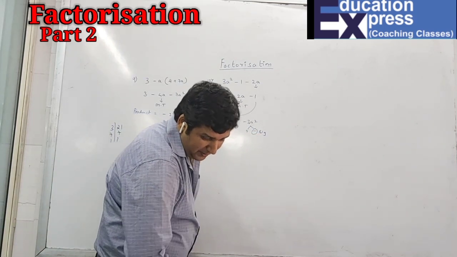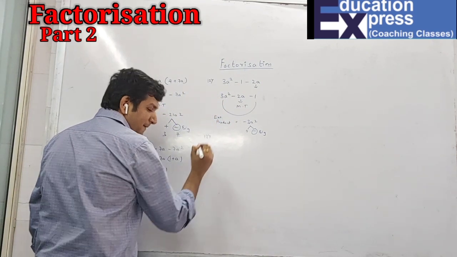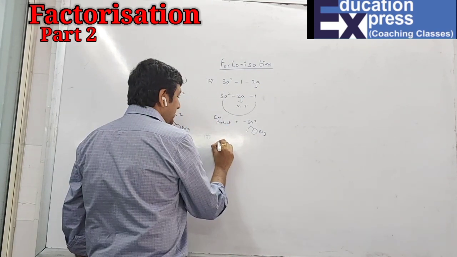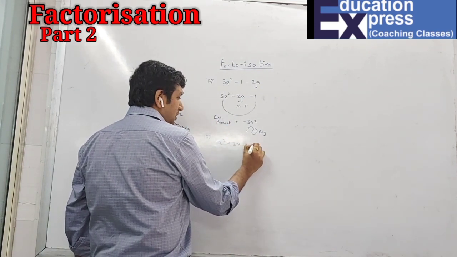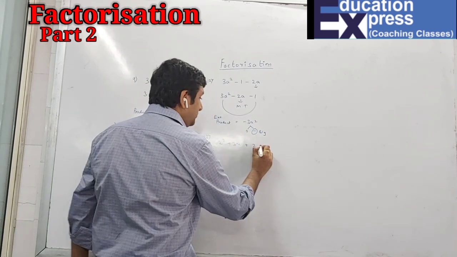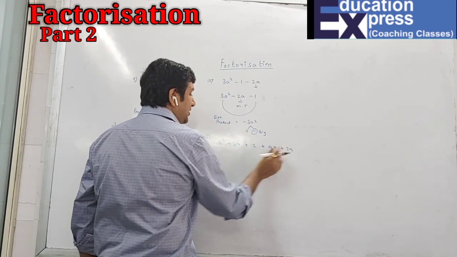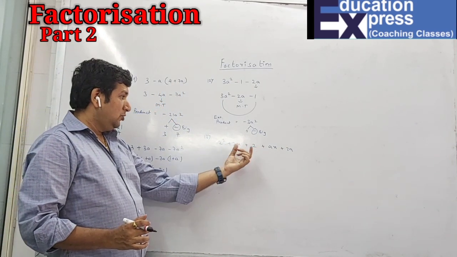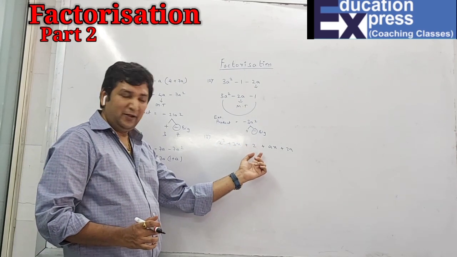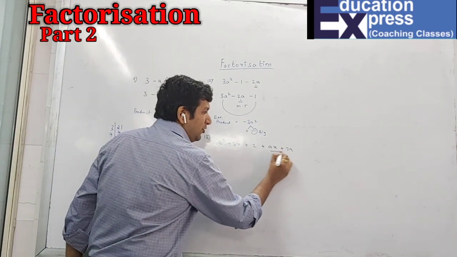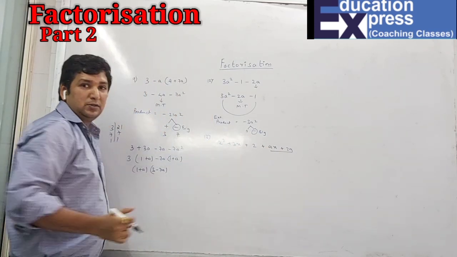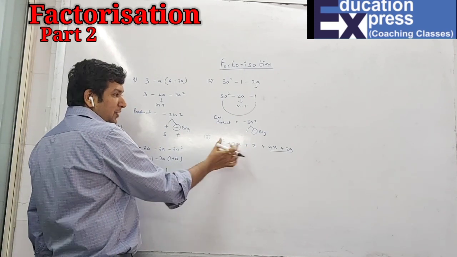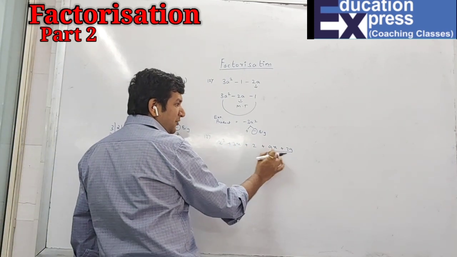Now comes the next, the 13th sum. I have told you in exercise A also that if there are 5 terms in a given sum, then 3 terms will either split the middle term or have an identity. Here you can see there are 1, 2, 3, 4, 5 terms, out of which 2 terms will have a common and the 3 terms will either split the middle term or be a perfect square. So here I can see a perfect square with something to split the middle term, and these 2 terms have a as common.